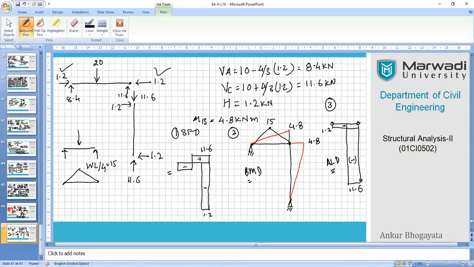So now I think we are more than confident about how to work with a frame. That was the intention, and I'm sure that you have worked it out well. In the next class, I actually wanted to cover another numerical also. But anyway, in the next class we'll go with another frame, which will be like a complete frame. It will be something like this. And with this kind of frame, we'll also go through one more interesting method of analysis, which is generally a part of the virtual method of analysis, called the unit load method. So we'll go along with that.